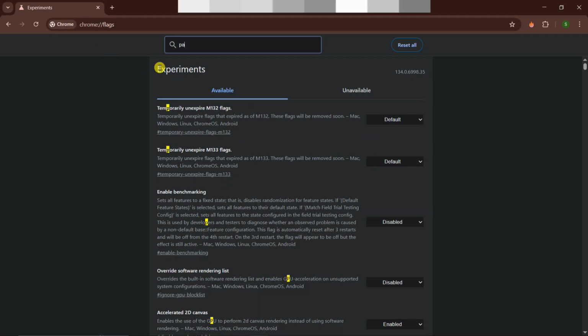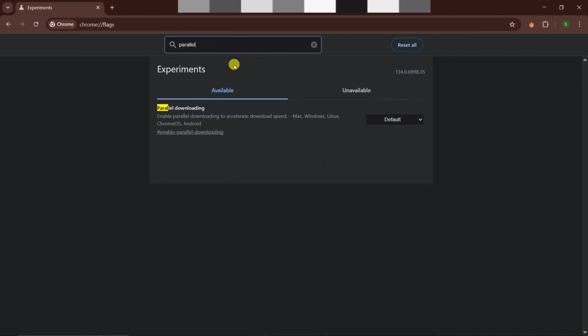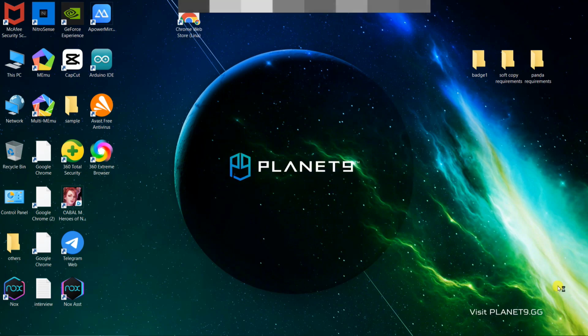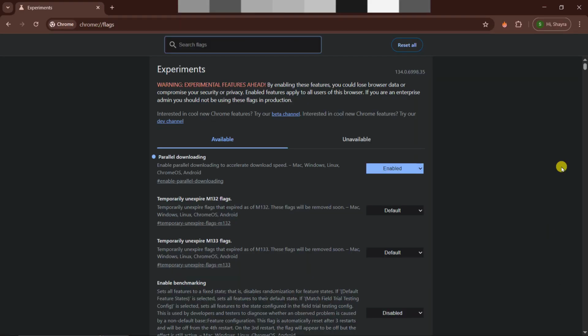So we just simply search for that and set this parallel downloading into enabled. We'll find parallel downloading as the first search result. So we just need to set this into enabled and relaunch Google Chrome. So this is the first method, but for the second method, what we'll need to do is to go ahead